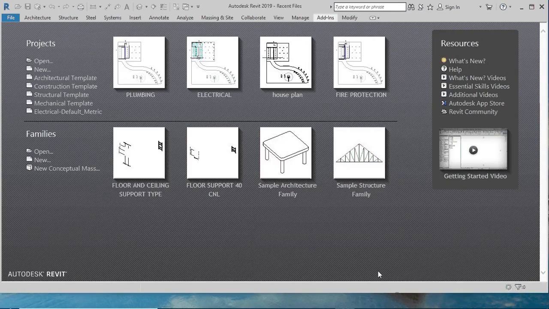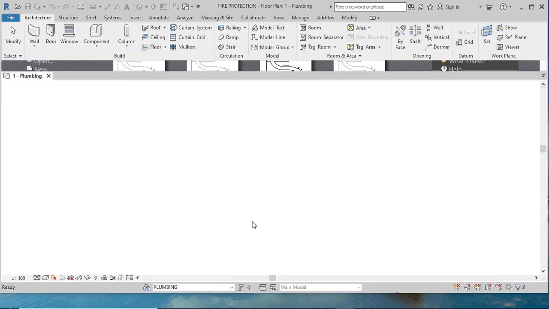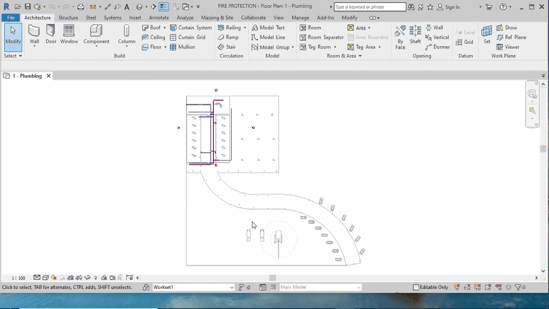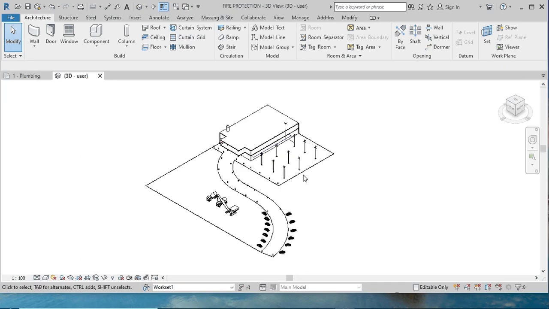This is the fire protection file. The fire protection file also I convert with the same procedure, for the entire project.